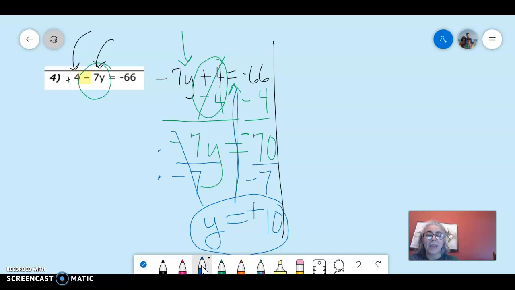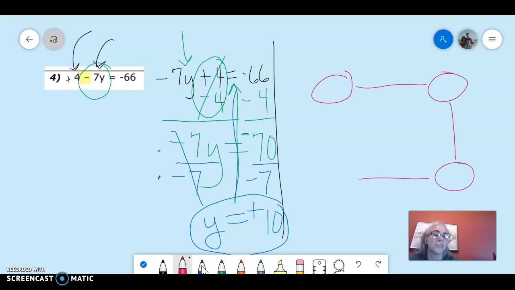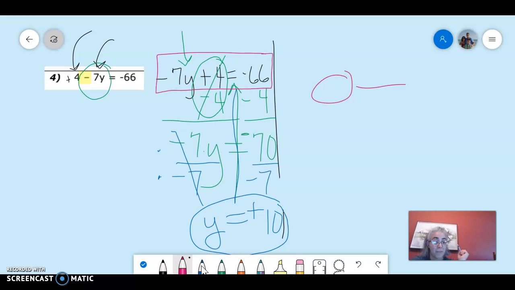Okay, now I also promised the flow chart. So I'm going to set up my flow chart for a two-step equation. Oops, I think I messed that one up. Hold on, I think I need to add more boxes. So let me just do it as I go to be safe. Okay, so in this one, we're still going to use this top equation where I rewrote it for my comfort